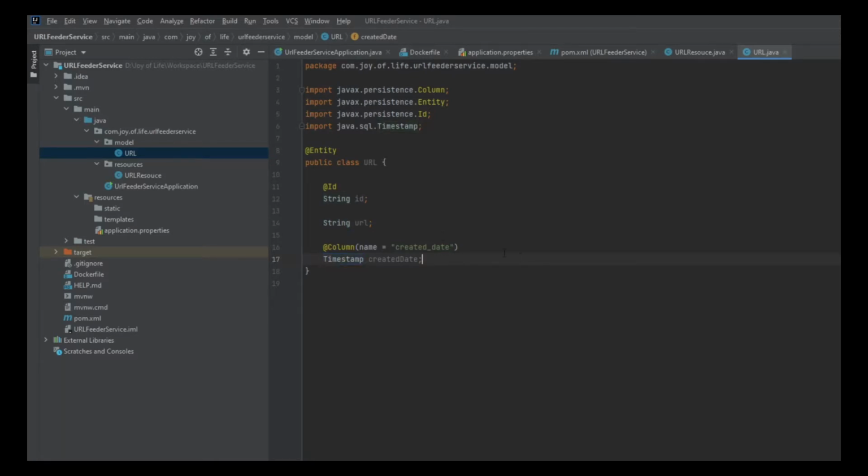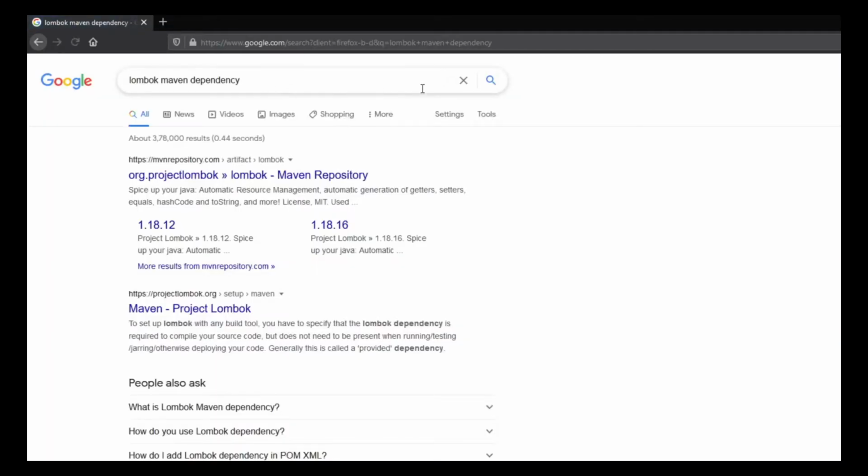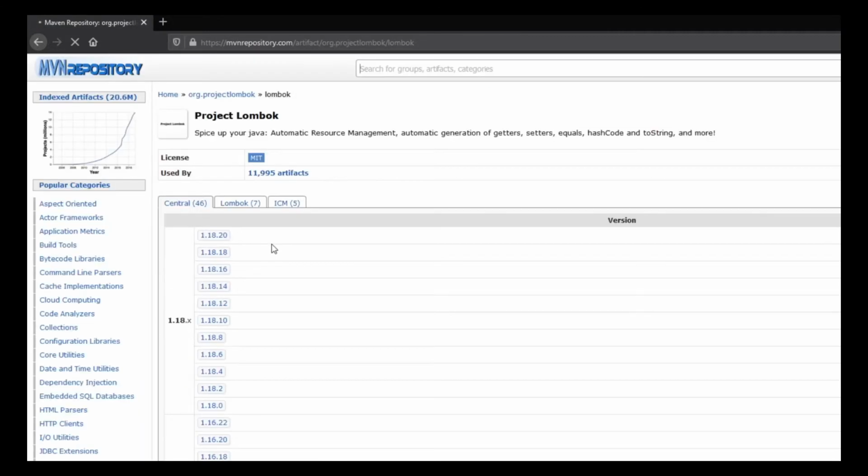Now the next thing that we need are the getters, setters, and the constructors for this class. We are not going to do that manually. What we'll use instead is Lombok in order to get it done. So we are going to search for the Lombok Maven dependency, and we are going to add it to our project.